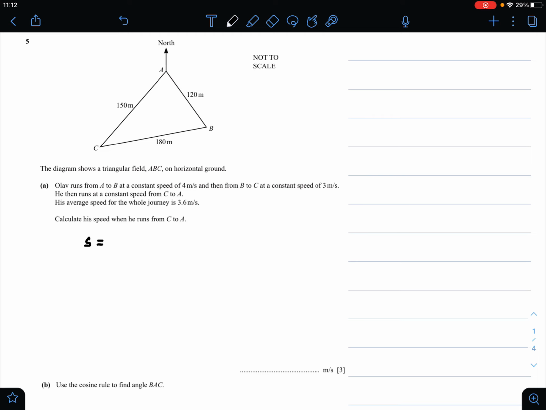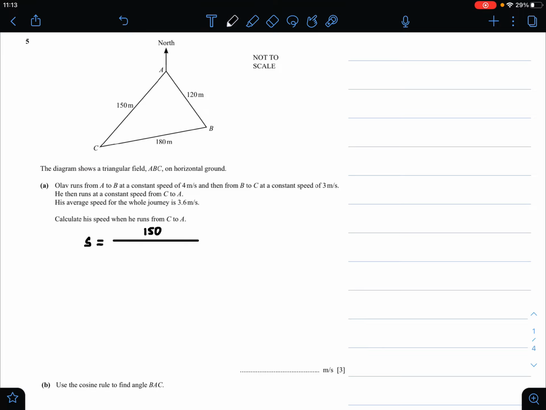The distance from C to A is 150 meters, divided by the time. But we don't know the time, though they have given us the entire journey's average speed, and they have given us the speed of the remaining two sides. So we can calculate the time of the entire journey and subtract the time of the other two sides from